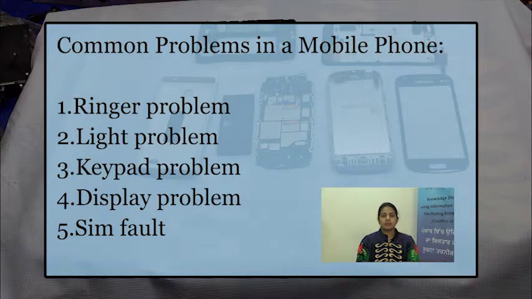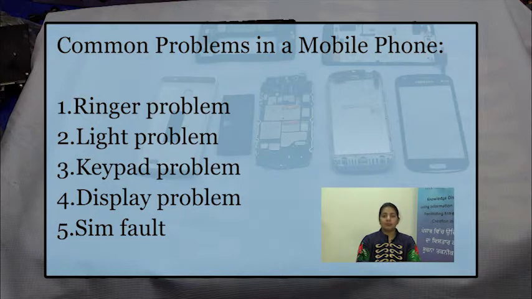Next problem is about the light. If the phone is not illuminating properly, then you can check the light setting in your phone. Resolder all LEDs, check the display, check all the LEDs, change if any LED is damaged. Keep track of the PCB light section, check if it is clear or not. Check the boosting coil, heat or change the light IC, or heat or change the power IC. This is how the light of the mobile phone can be made clear.